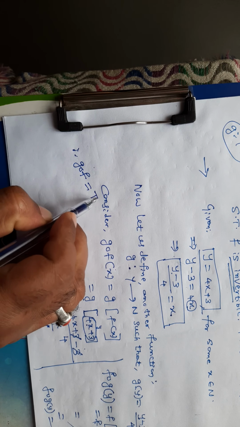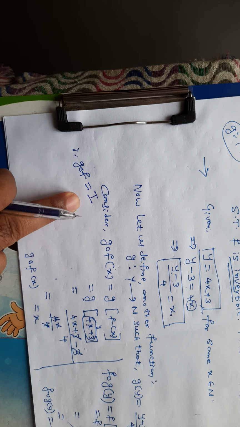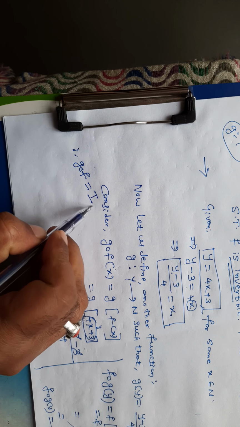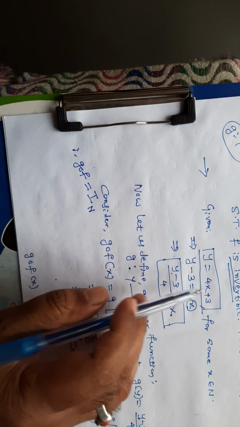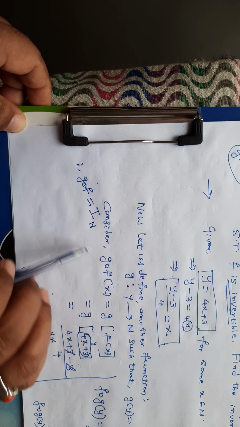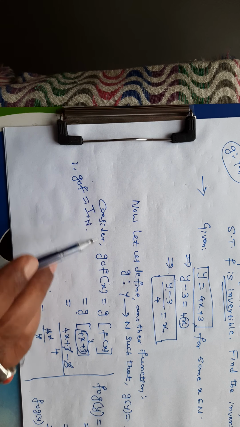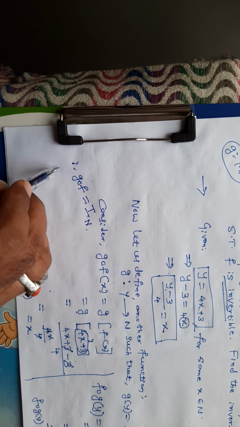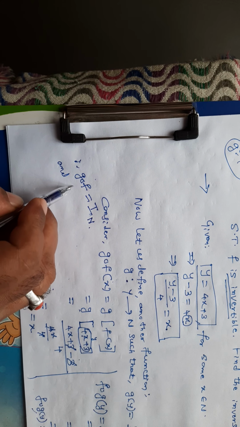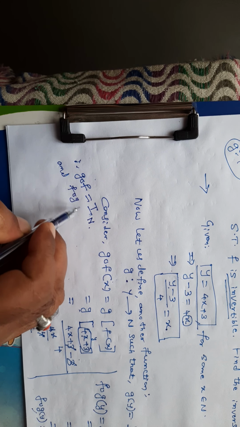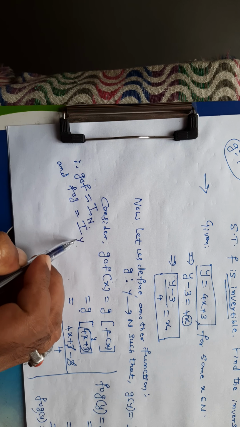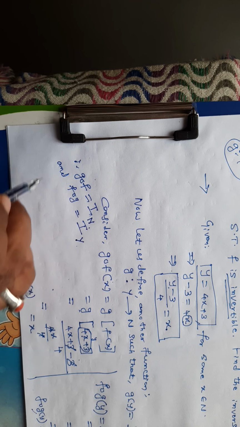That means it is an identity function, defined on what was the first set here? See, natural numbers. So I can write this as identity function defined on N, and this one, f of g, I also got identity function defined on Y. Therefore,